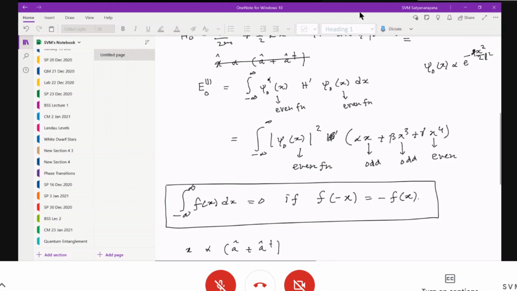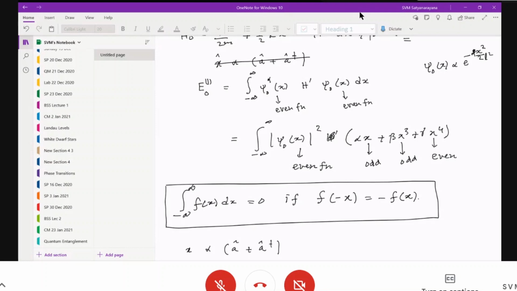What I'm saying, if you understood this argument, you can follow the same route. What is the difference between ground state and first excited state? So the function will be a little different. The function is different, but we are not really going to substitute the function. Here the mod square will be an even function, sir. So even for that, it is an even function. Psi 1 of x is an odd function, but mod square will be an even function. So there is no difference. Whether it is the first excited state or ground state, as far as this Hamiltonian is concerned, the first order correction is going to be contributed only by this gamma for all states.